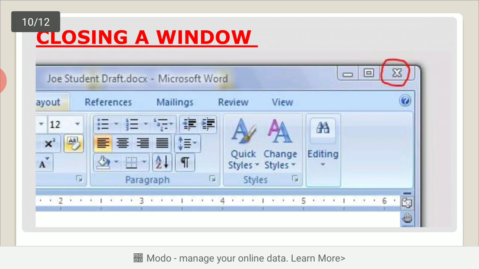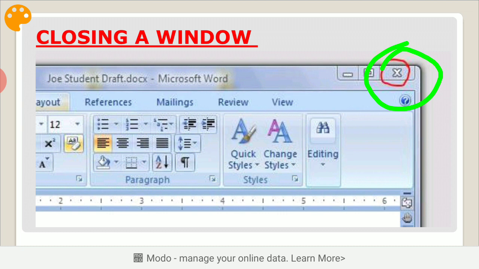Now closing a window. How can you close your window? Yes, you can close the window to remove it from your screen after finishing work with that window. In this picture you can see the close button.